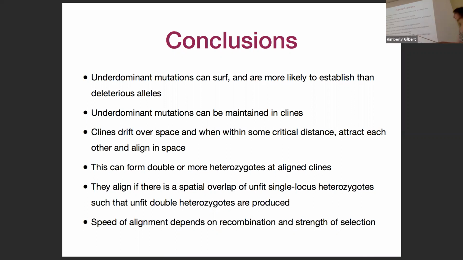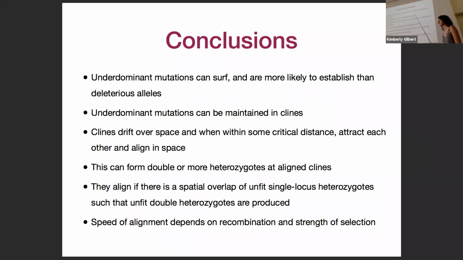Yeah, so the Clines do align when there's this overlap of unfit single heterozygotes, such that double heterozygotes are produced. How fast it happens depends on recombination and strength of selection. One point I forgot to mention on this slide is that,